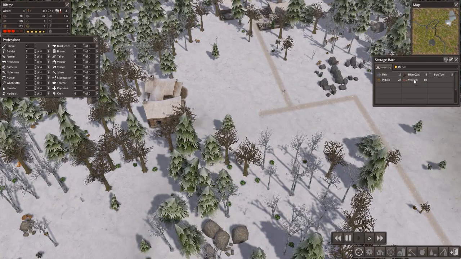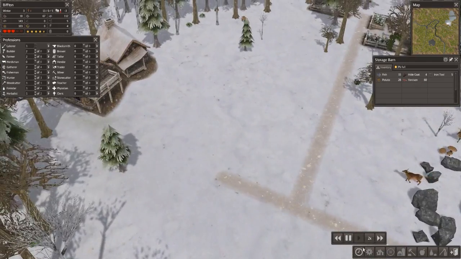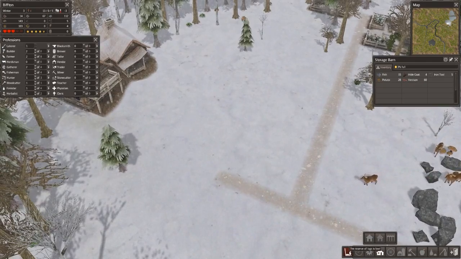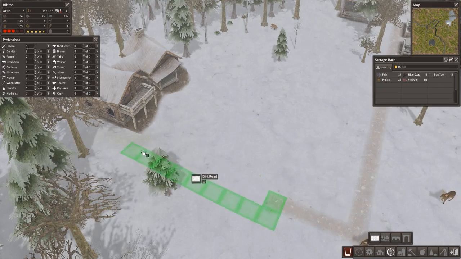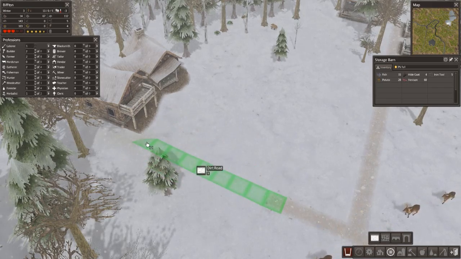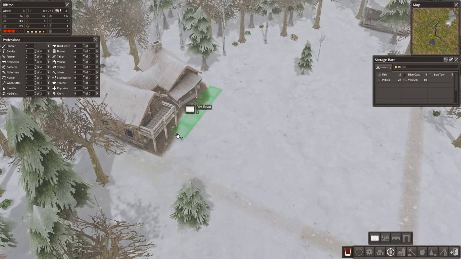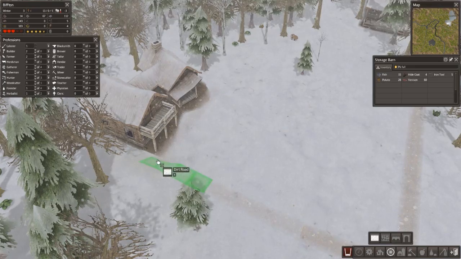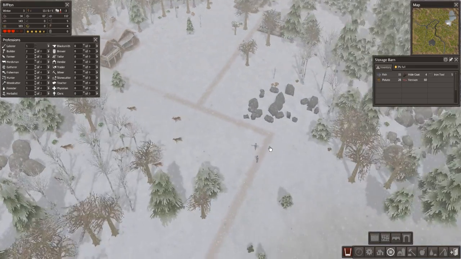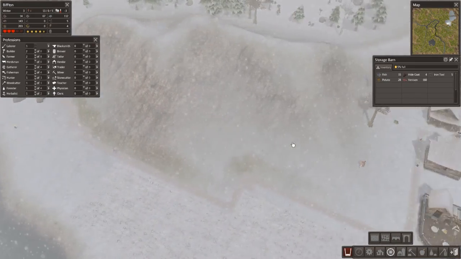Oh, we've got venison as well. Oh, excellent. That'll be from the hunting lodge. Very good. Yep, logs is low. Let's just continue this snowy path along here. So I'm assuming that would be the front. Get that to meet up. Good, good, good. Help them to get around. It's a bit of a trek, but...